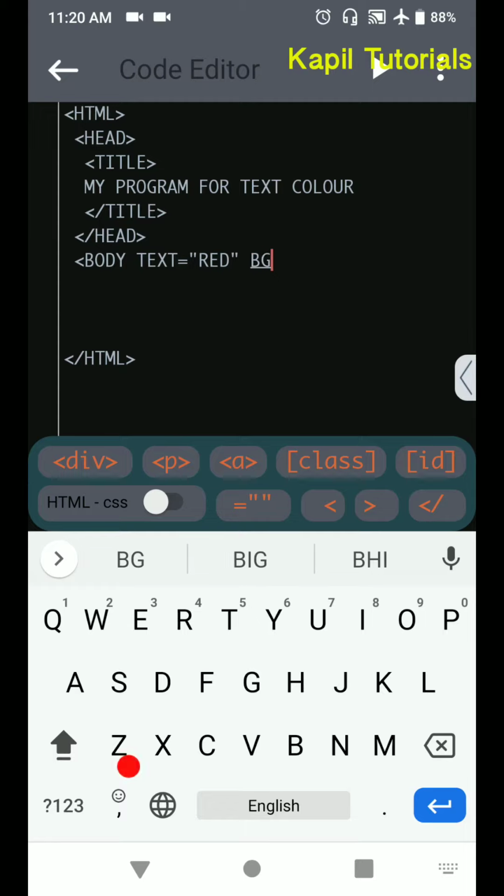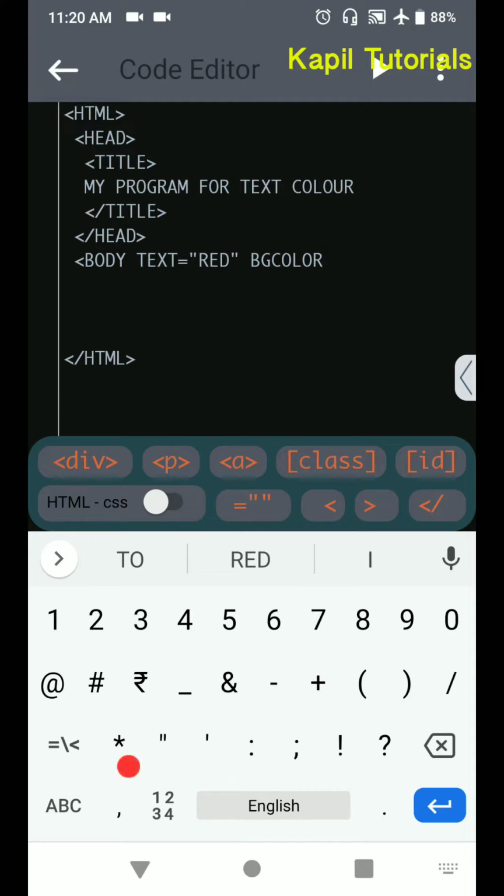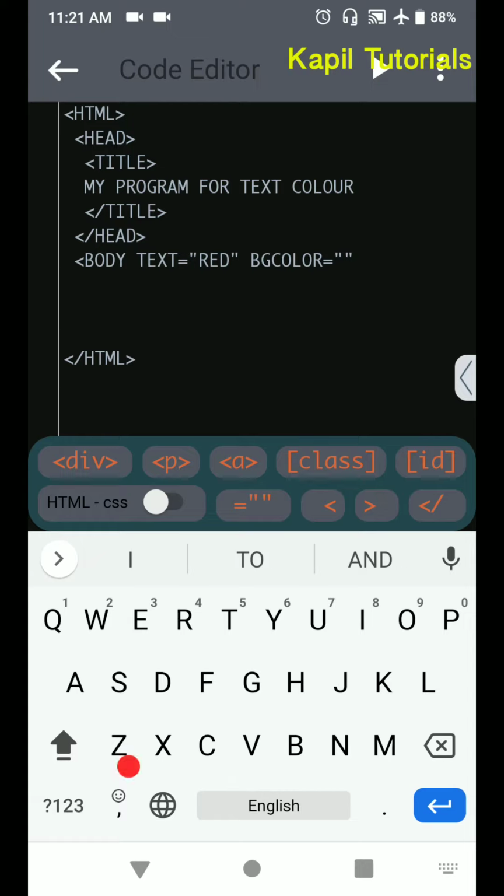Then bgcolor. You should be very clear that the spelling of color is not COLOUR, it should be COLOR, American English. This code only we have to use. Then bgcolor is equal to, I am giving cyan, that means sky color, the technical name of the sky color, and then I'll close body.